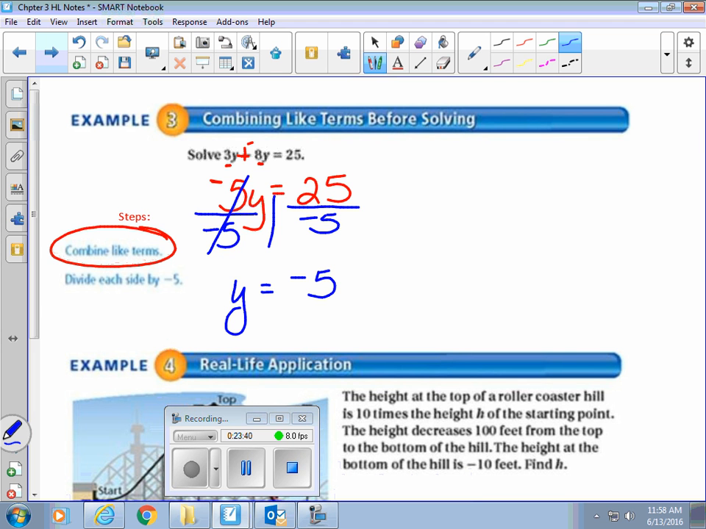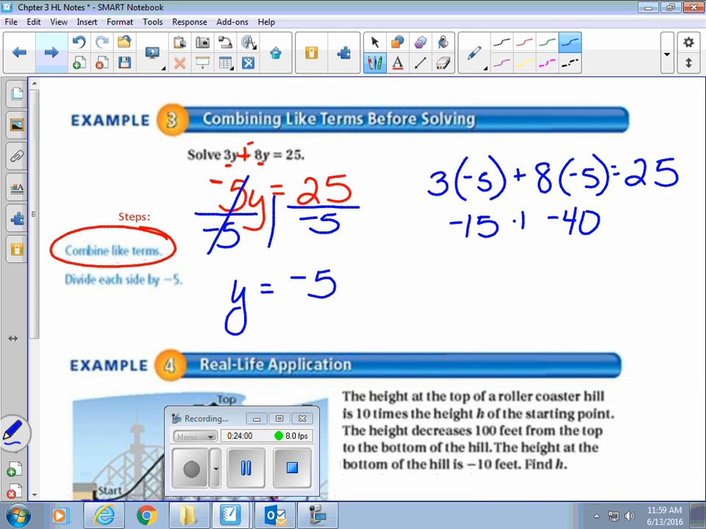I can then substitute that value in to check it. 3 times negative 5 plus 8 times negative 5 should give me 25 if my answer is correct. Order of operations would make me multiply before I can add. 3 times negative 5 is negative 15. 8 times negative 5 is negative 40. And when I add those two negatives, a negative 15 plus a negative 40,